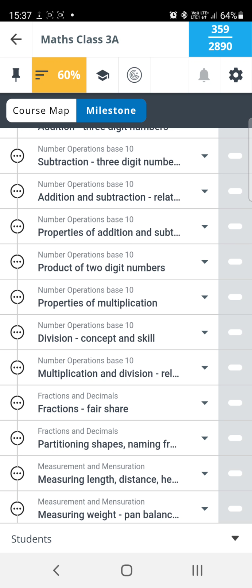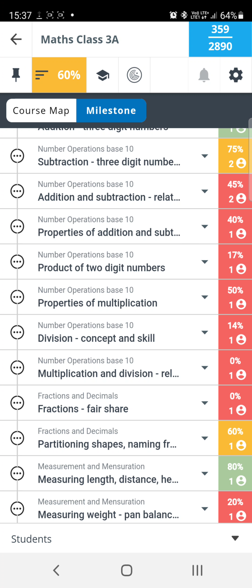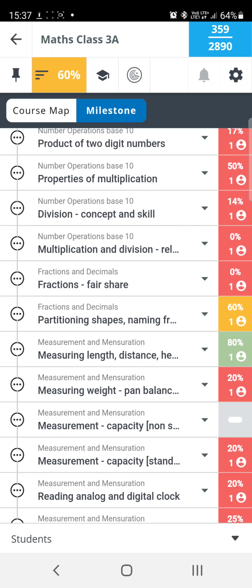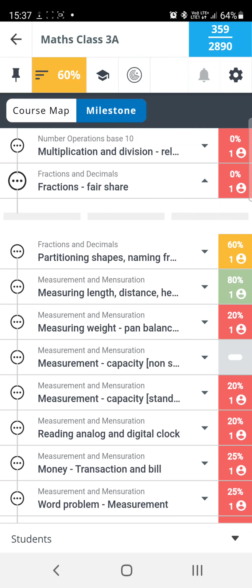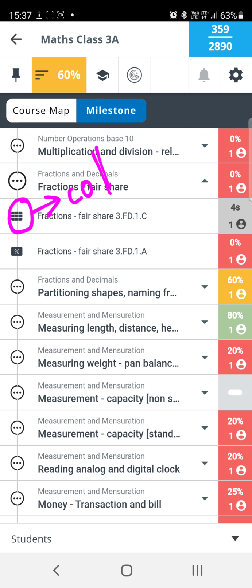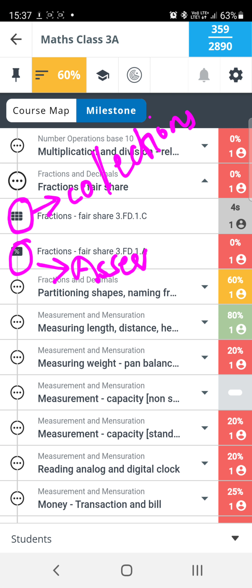Now, as we are taking an example where Rency Rosie teacher is teaching fractions, here we will search for fractions and decimals. Once I click on fractions and decimals, two things will appear. These 9 dots are known as the collections, where we see all the resources available. And the second one, the percentage, is known as the assessment or the test for the particular competency.